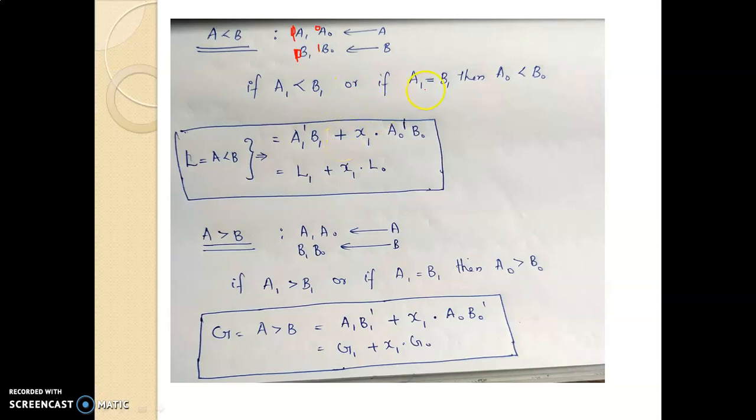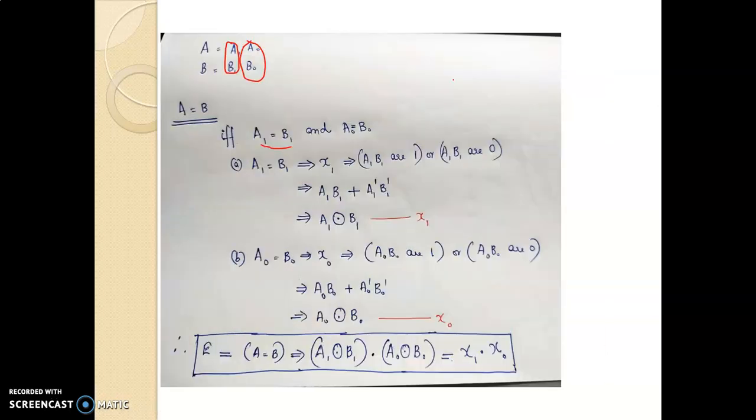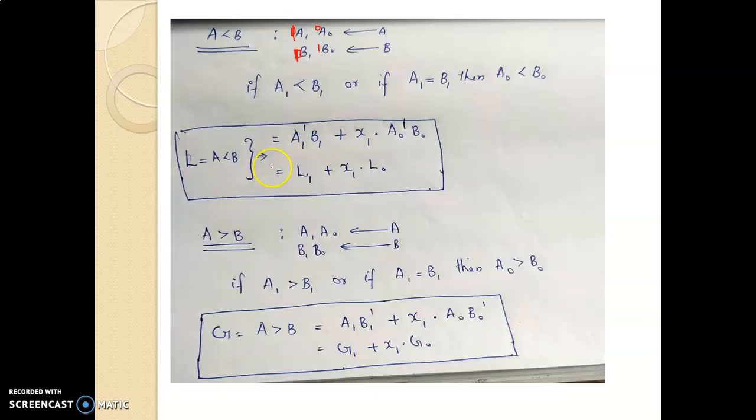Then what happens if A1 is equal to B1, or if X1? What is this X1? A1 XNOR B1. You have seen that. X1 is A1 XNOR B1. What is A1 XNOR B1? A1 equal to B1. So when A1 equal to B1, it is X1, dot. Then at that time, your A0 has to be lesser than B0. So A0 has to be 0, so A0 bar B0. Okay, now I am calling this A1